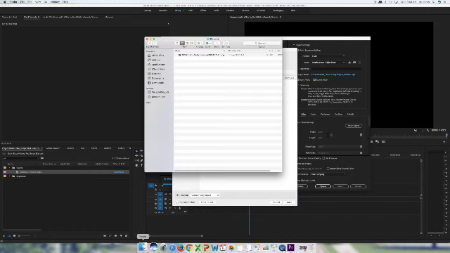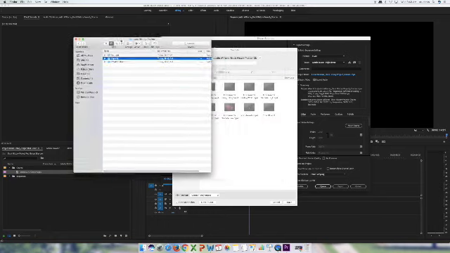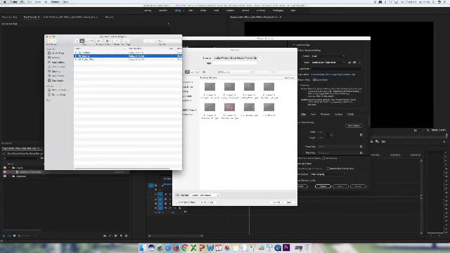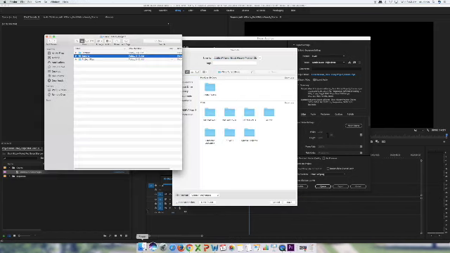So with that said, I'm going to go back to my project folder. And for this one, this is your Black History project. I'm going to make a new folder under the content and project files folder. And this one, it's going to be exports. So with this one, everybody can put their exports in it. It's the same way as you did when you started the project. I could go to WHS TV and go through all of these folders. That takes forever. So I have my project folder open,